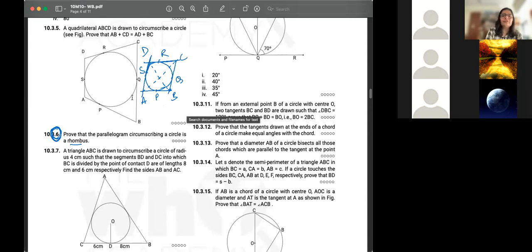Yeah, even if you prove two tangents equal, that is sufficient because ABCD is already a parallelogram, right? So if you got AB equal to AD, but AB is also equal to CD, so automatically AB equals AD equals CD, and AD is anyway equal to BC, so all four will be equal. So you don't have to repeat the whole process. Use the fact that it's already a parallelogram, so you can use its properties too, it will come easily. That's why I said, to prove a rhombus, just prove any two adjacent sides to be equal, and that will be sufficient.